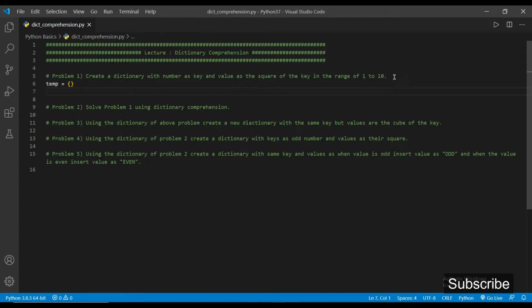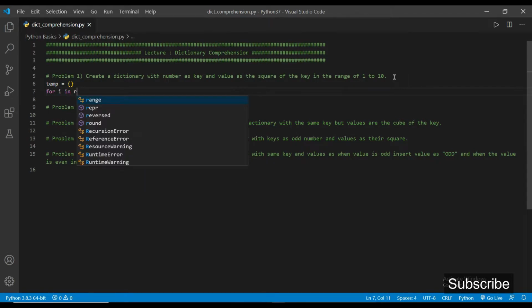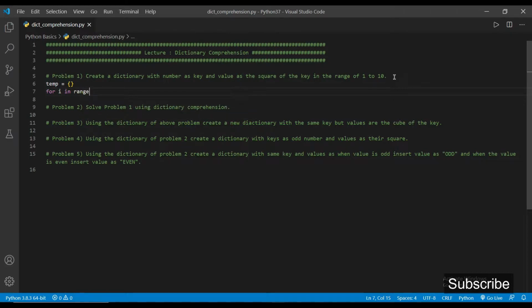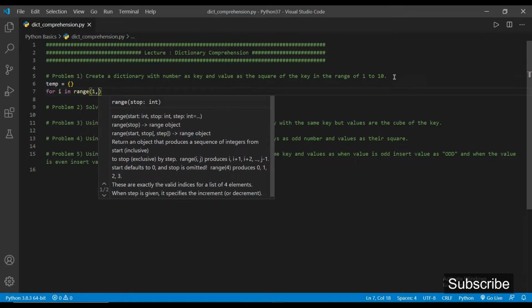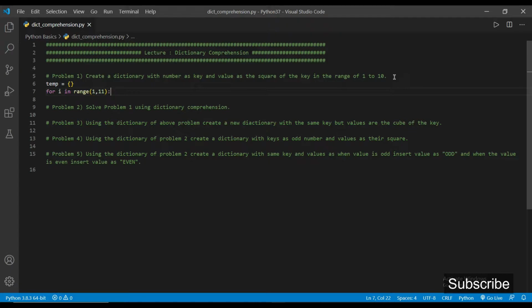And now I will use a for loop to insert the pairs, that is, for i in range of 1 to 11. Since we want the numbers from 1 to 10, we write 1 to 11, because the last value, that is 11, will not be included.